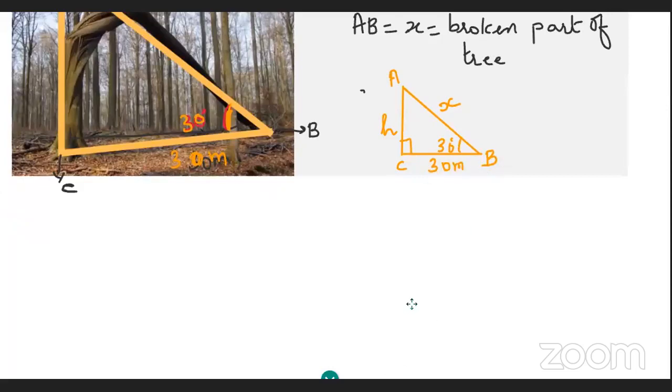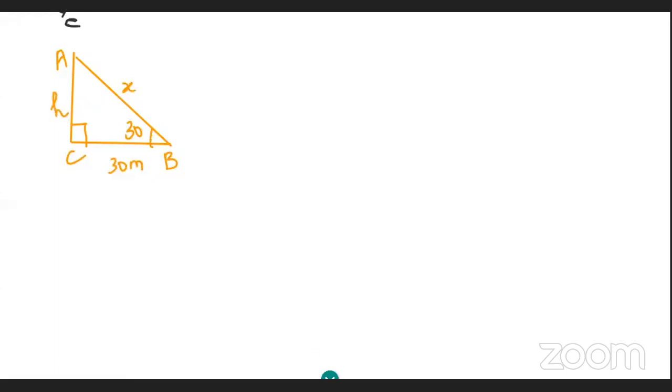So I'm going to draw that triangle again and we're going to talk about it. Please start drawing it in your book. Leave like 2 lines. You can put the question later on. This is A, this is C, this is B, angle 30 degree. BC is 30 meters, H and X. I'm putting the parts which have to be labeled.